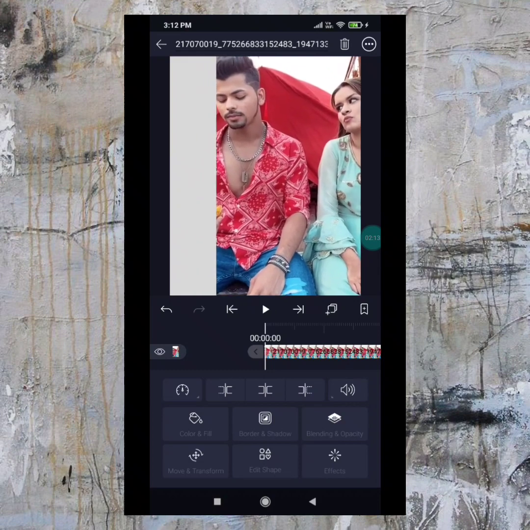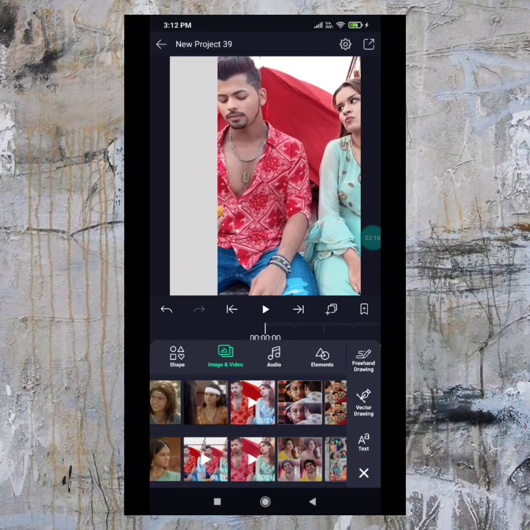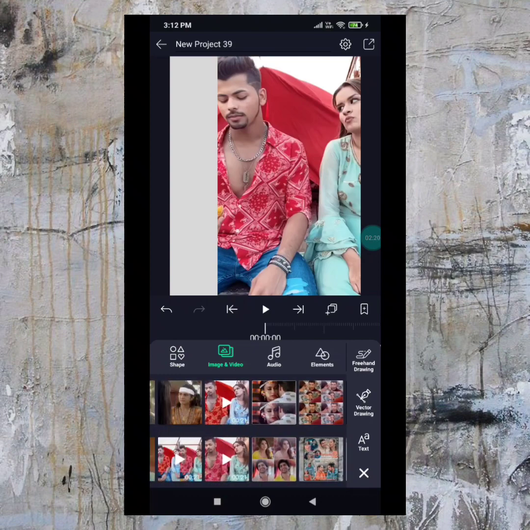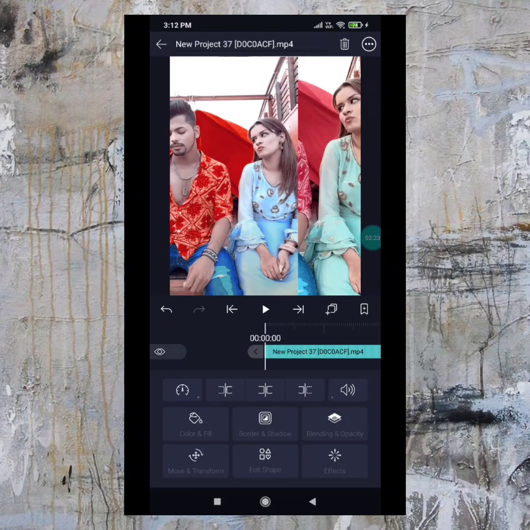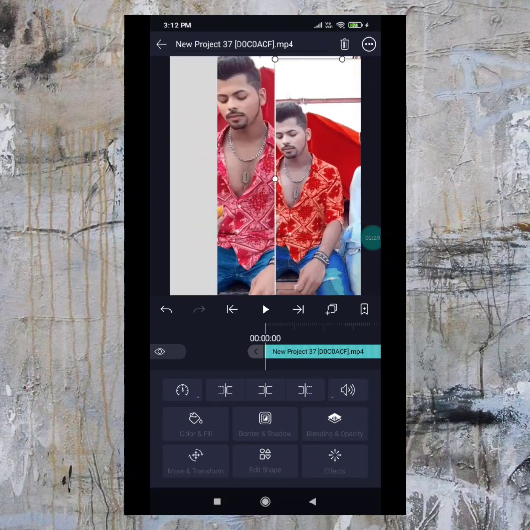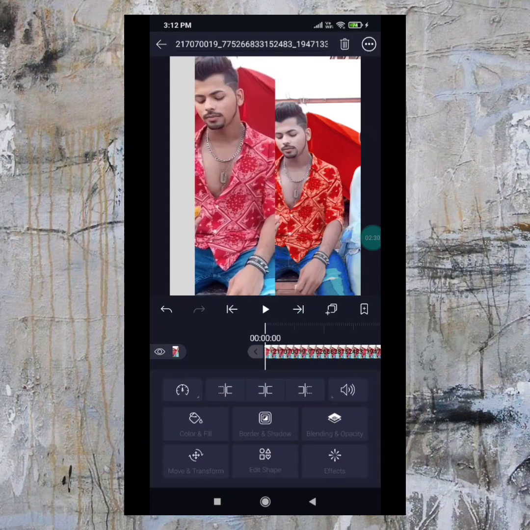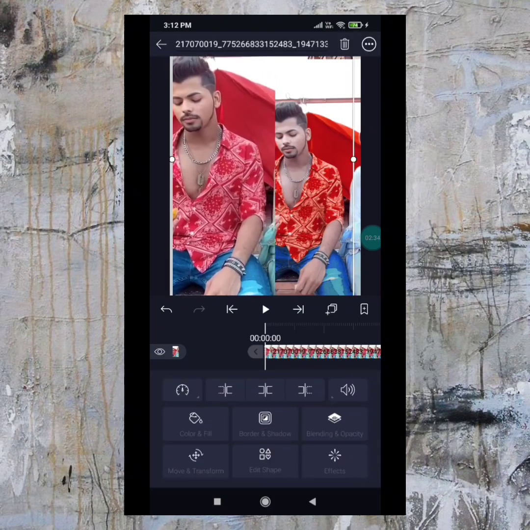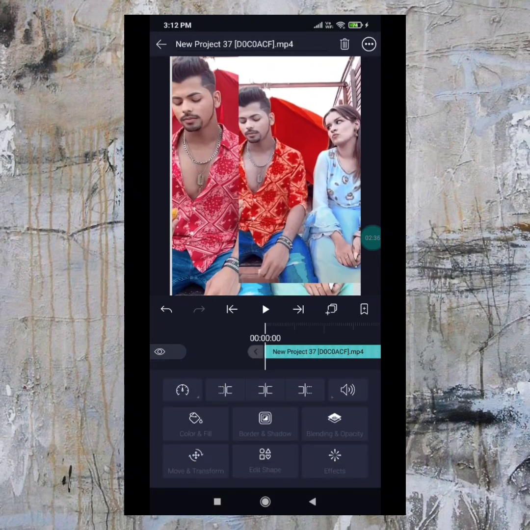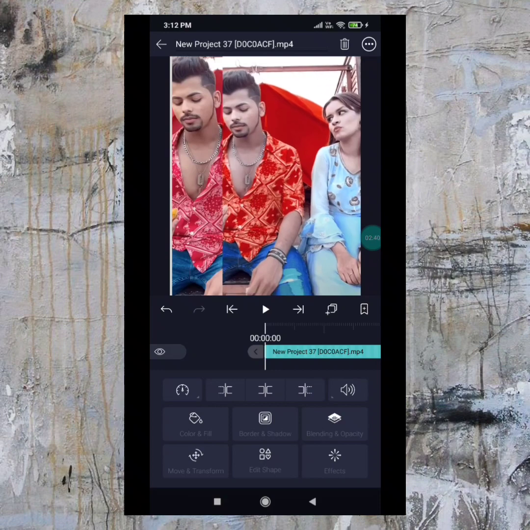So let's add this one here, and then again the filtered one this side. Now, so basically for blending the videos, what you have to do is